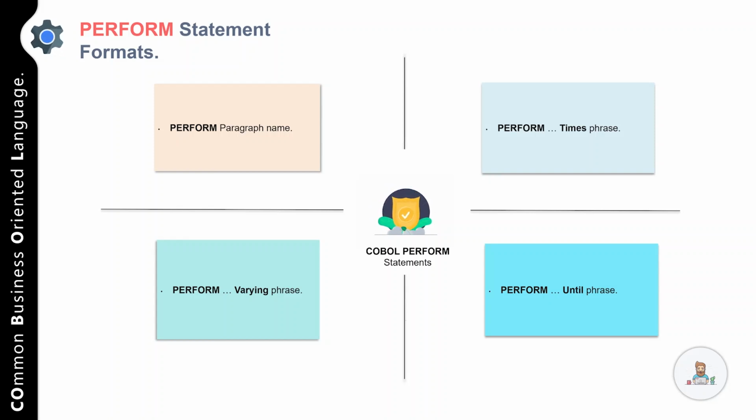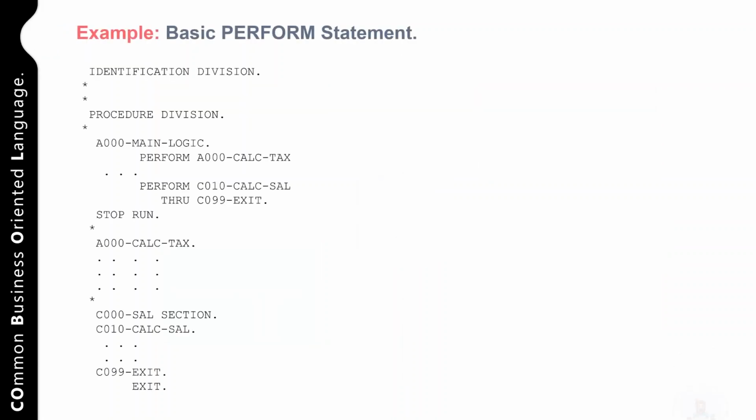In the last format, that is perform with until phrase, the procedure or the paragraph that you have specified in the perform until statement will be executed until the condition is satisfied. And after that, control will be passed to the next executable statement following the perform statement. Now let me discuss a couple of examples so that you can understand how exactly you can use perform statement